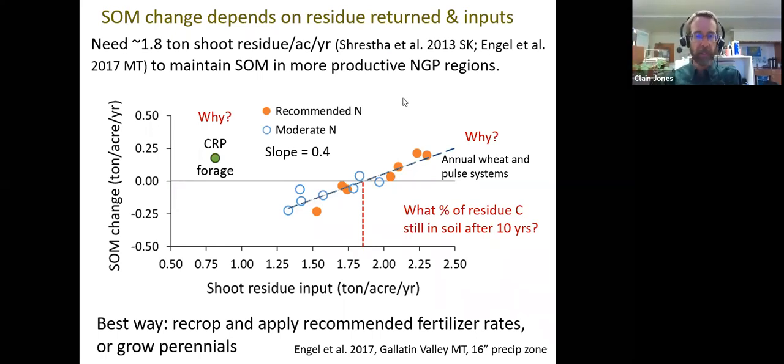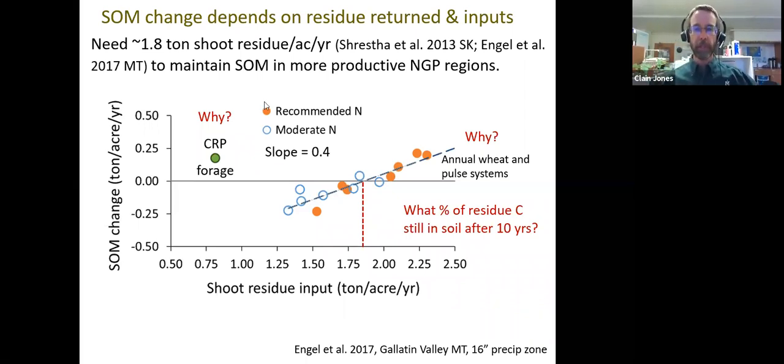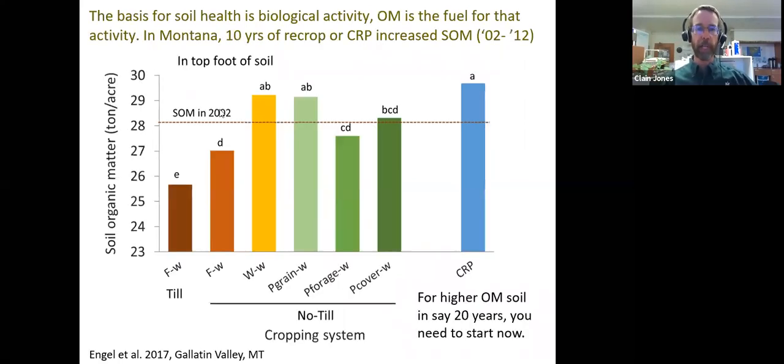That's quite a bit, and that's just a natural process. The previous graph shows really how hard it is to build soil organic matter. So even in our best systems, we're hardly budging soil organic matter over